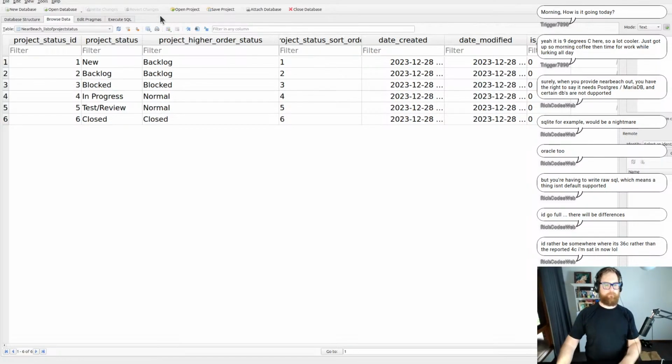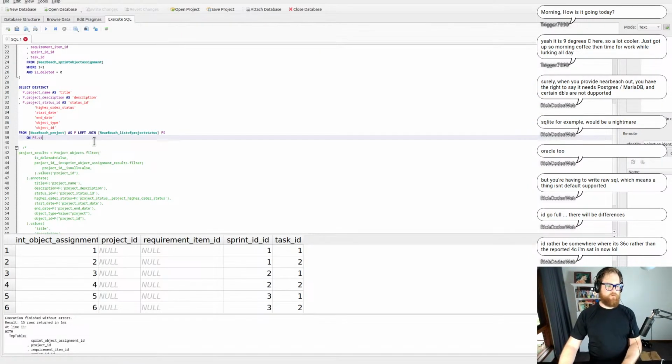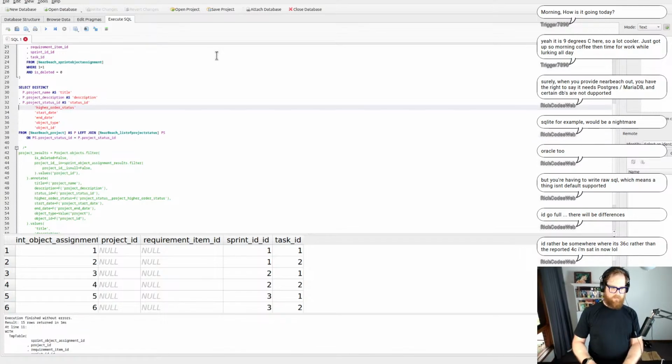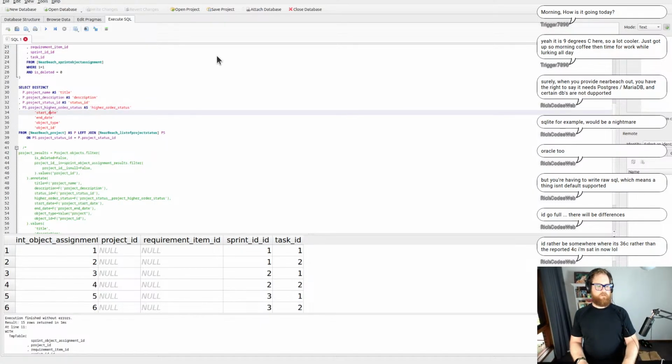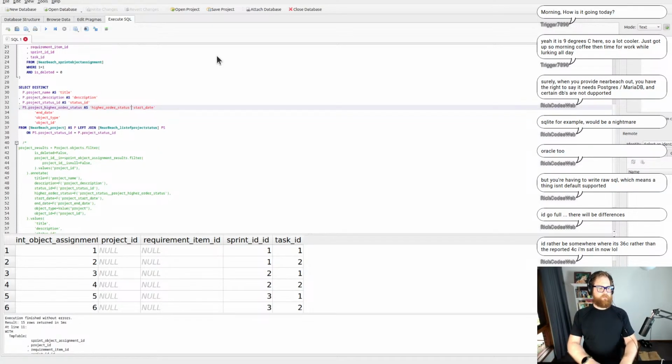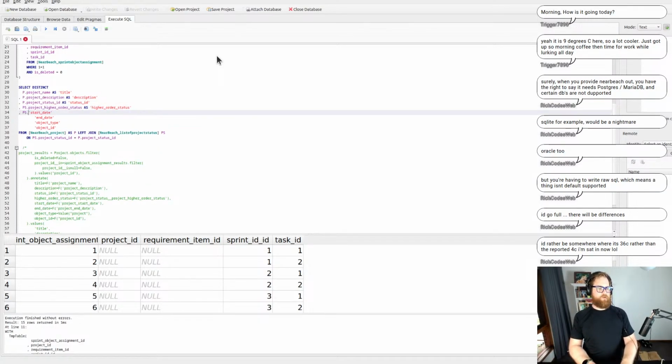Okay, so project status ID equals project dot project status ID. So they're joined like that. Then what I've got to do down here is just do a PS and then project higher order status as. Pretty easy. And then, oops, and then we need to do PS dot, no, just P, and then it is,